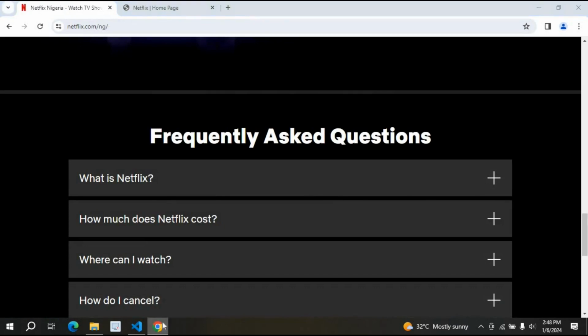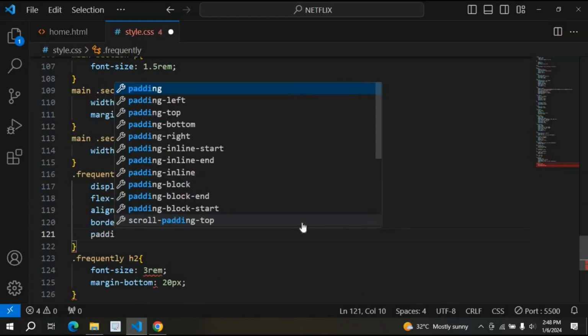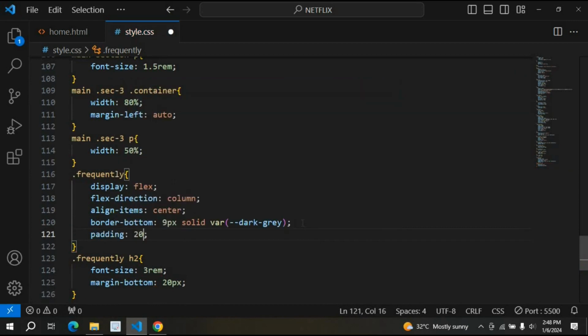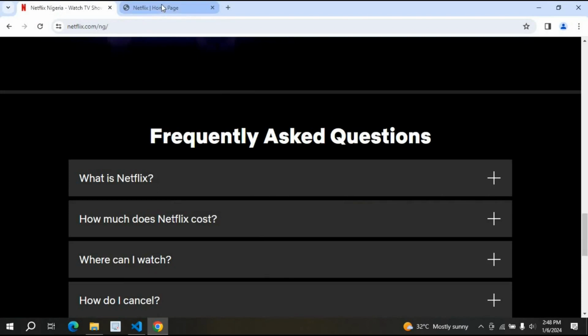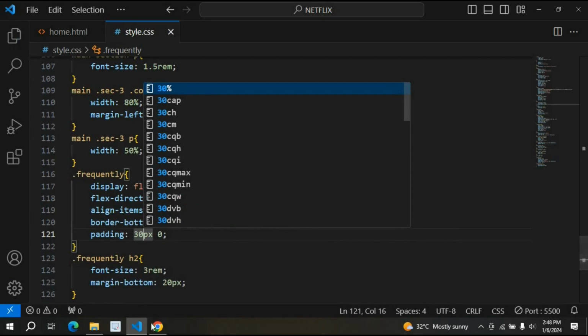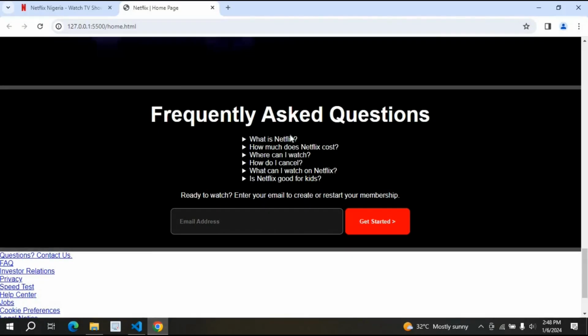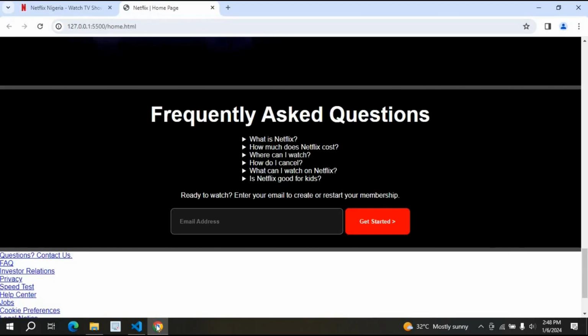This FAQ frequently has padding top and bottom 20 pixels, left and right will be 0. So it's not going to have space at the top. You make it 30 pixels. So 30 pixels, 0. So it's going to be like this. And for the what is Netflix and all this stuff, we are going to give this